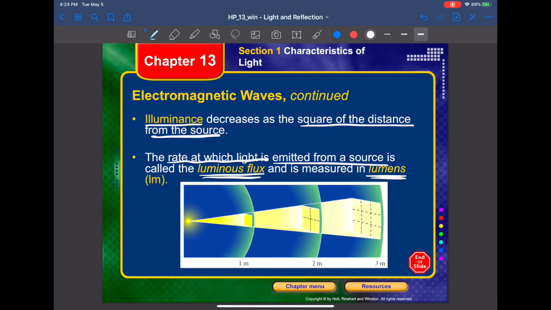Now, at 1 meter, if the illuminance is considered to be 1 unit, then at 2 meters it becomes 0.25 units. At 3 meters, it becomes 0.11 units. So there is a large reduction in the value as the distance increases. This reduction is proportional to the square of the distance. So this is proportional to